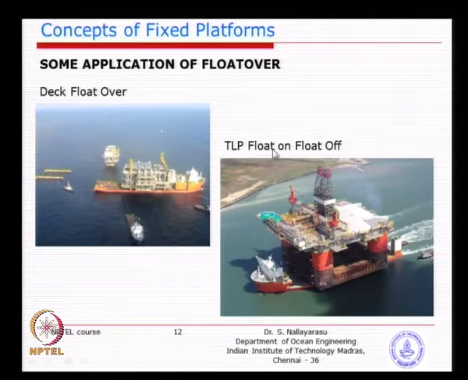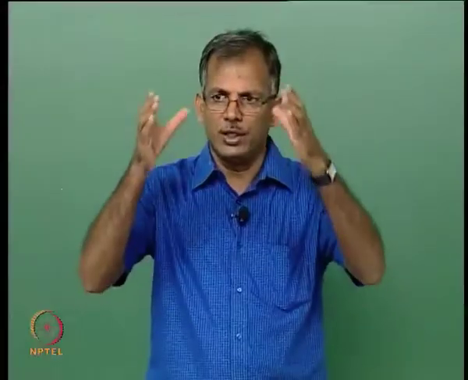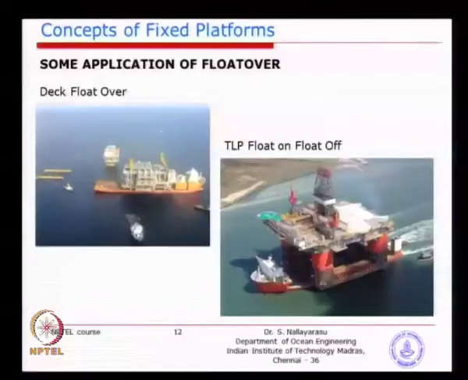Conventionally, for oil and gas applications, we have two types of mating operation. You can do a float over or a float around. For example, if you have a central column, I think I have shown you a gravity platform. You know what a gravity platform is? No? You have a central concrete column, where you cannot do this float over operation, because there is a big column, 20 meters in diameter. So, you can have two barges coming on either side carrying the topsides, so you can float around. This is also sometimes used, but not very common.